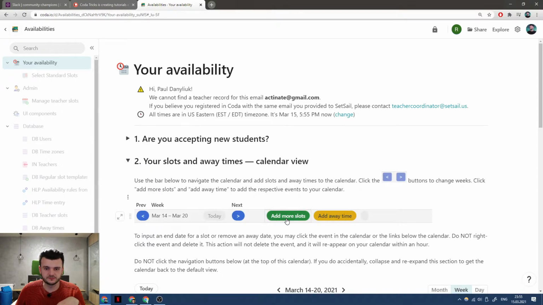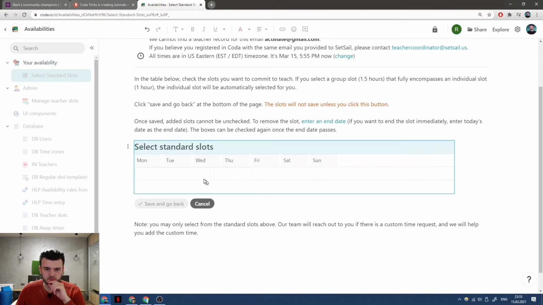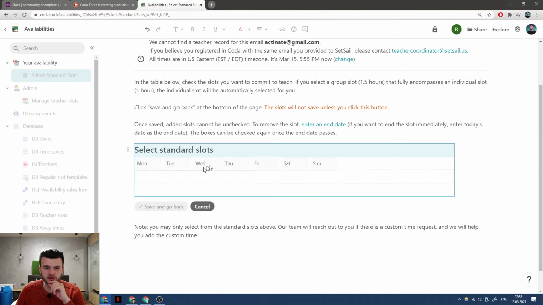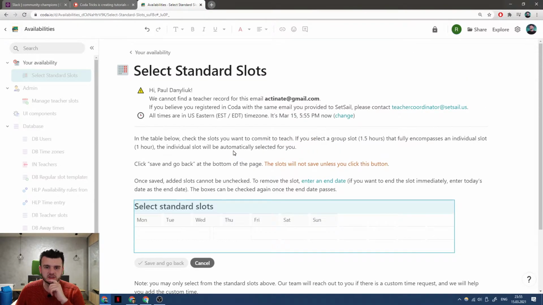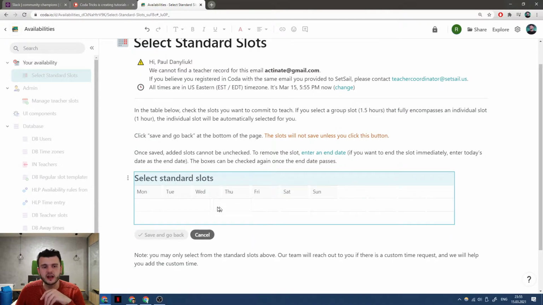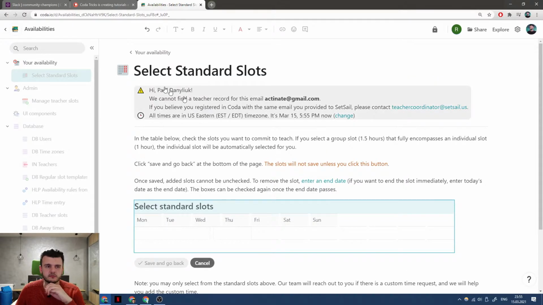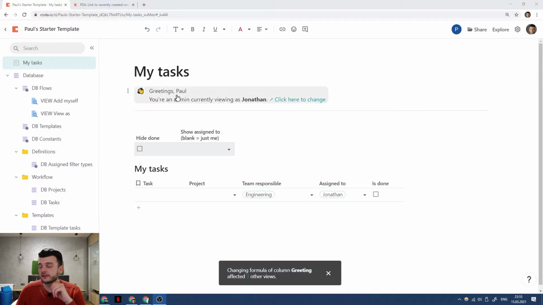It's not shown to me, perhaps because I'm not a valid teacher, I'm not a valid user of this doc. But if I changed the time zone here from Eastern to Eastern European, or to Mountain Time or Central or whatever, the doc would recalculate. That would affect the times that are displayed throughout the doc. So that's another thing that you can put in your